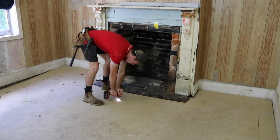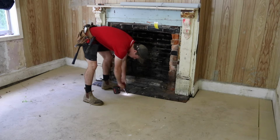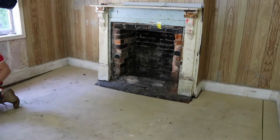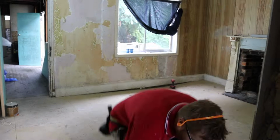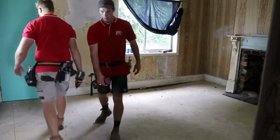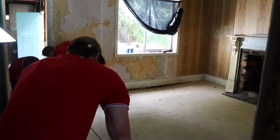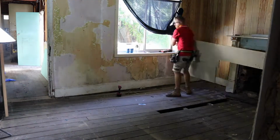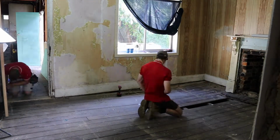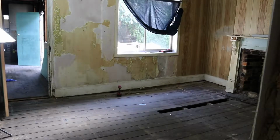Because I knew I would always be pulling this particle board back up, and if possible, I really wanted to reuse it. There was no need to get new product in when I had this product that was laid not that long ago. And because I had a vision and an end in mind of what I wanted to happen in this space, I didn't glue these boards down. They were simply screwed down so Team Ferris can come on in, remove the screws, cut off a tongue to lever those boards up, and then they will get to see the amazing original boards. Well, the floorboards don't look that bad, but...